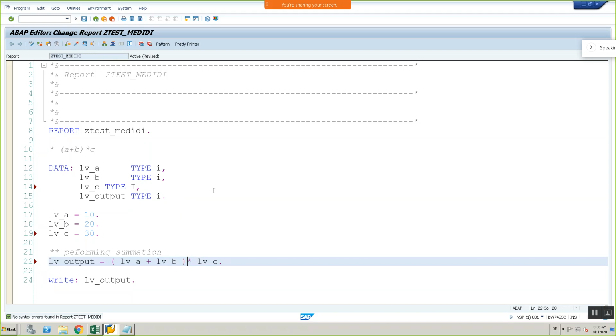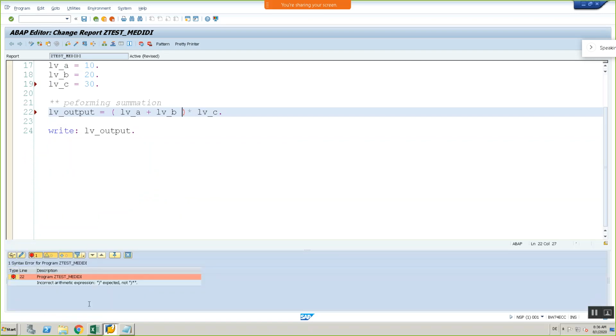When I click on the check button, now see it is telling me at line number 22. So I can come directly to 22. And what it is saying: incorrect arithmetic expression, bracket expected, not bracket comma. It means it is expecting only a bracket, but you gave a bracket and a star, which is not a correct combination.